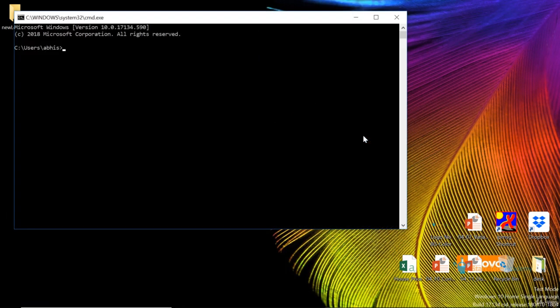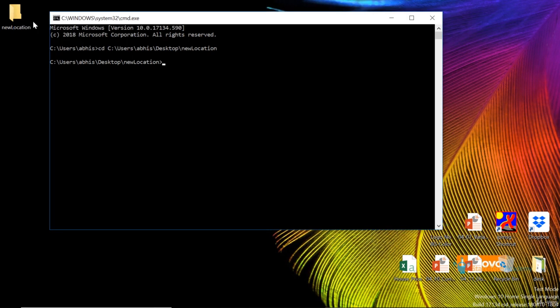To change the directory, we'll write cd, and then after a space, we'll mention the location of the new folder. Hit enter. You can see earlier my default directory was user Abhish. Now I have moved this directory to this new location, the folder I created on the desktop.